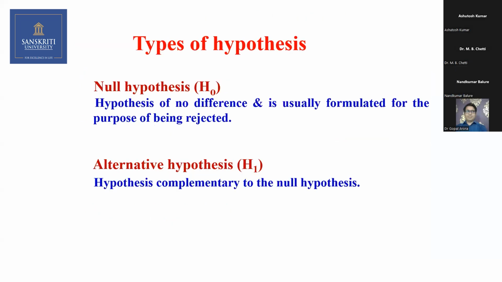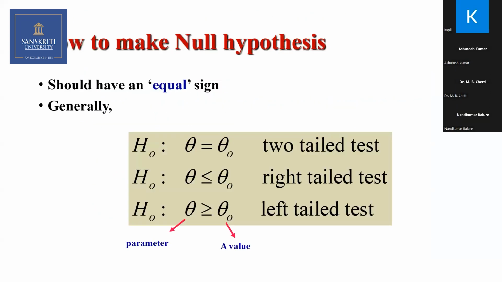The null is actually no difference. I told you already. Now, one more thing you need to understand: theta is equal to theta 0, whatever it is, could be mu1 is equal to mu2, or theta is equal to theta 0. Now, one is the parameter, another one is an estimator of that. So it could be two-tailed or one-tailed. When I say the null hypothesis is theta is equal to theta naught, the alternative will be theta is not equal to theta naught. It means to say that it is either less or higher.